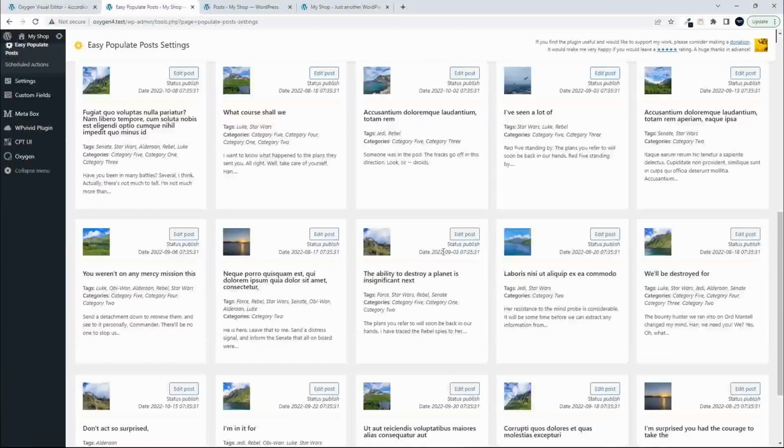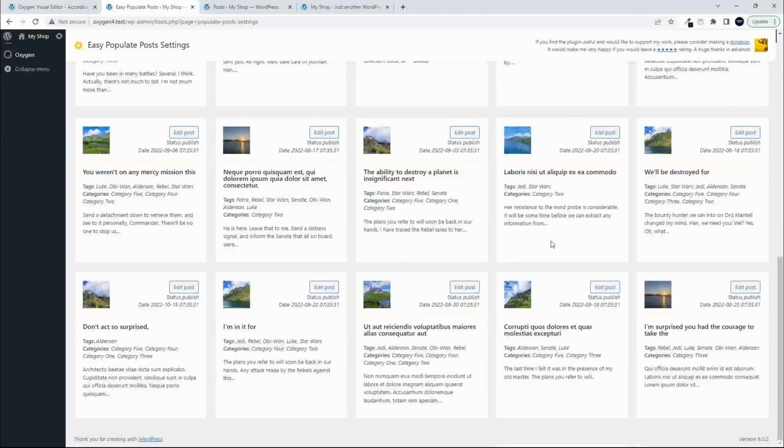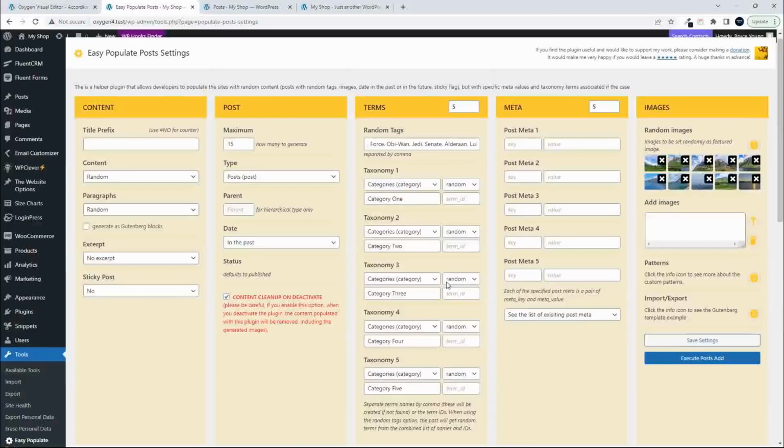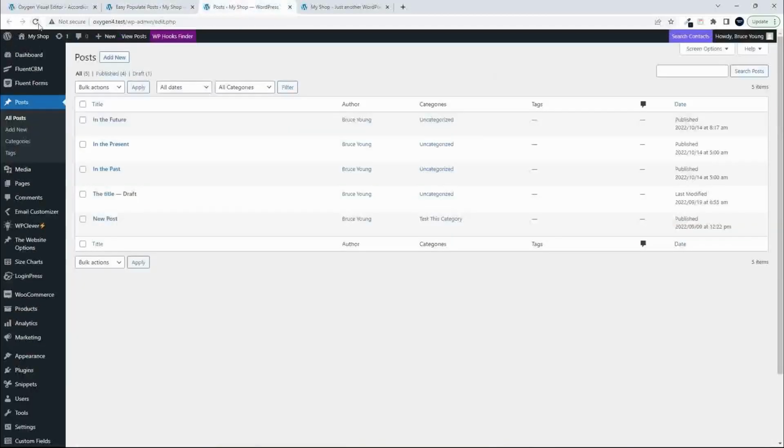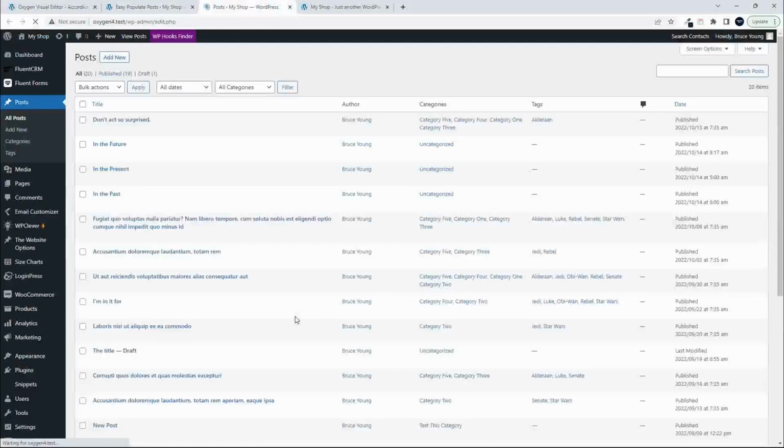and then you'll see that we have a selection of posts added at the bottom, and you get an idea, and that looks good. Now when I head over to posts and refresh, you'll see that I have a selection of posts, and you'll also see that with the post we have different categories, we have different tags, some with, some not. So that's fantastic. And then I'm going to go and view the posts,